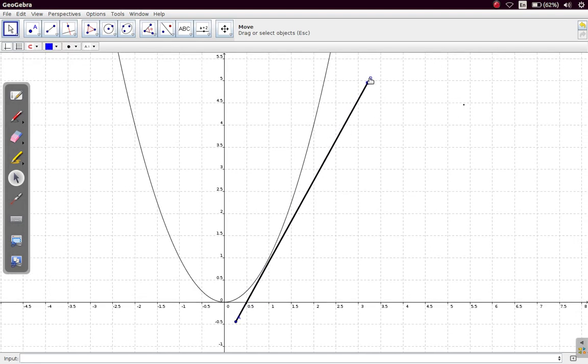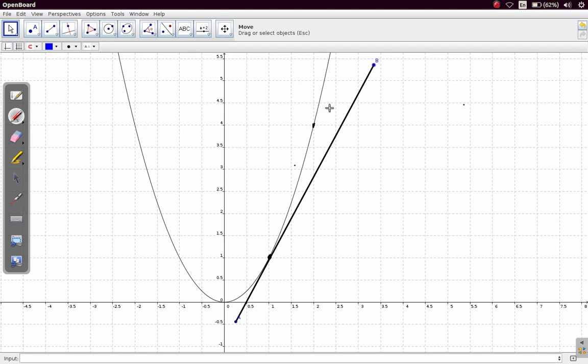Let me extend this line. This is the point x equals 1, right? Right here is where we have x equals 1. We want to consider x equals 2, which is right at this point. If we should draw a line through that,